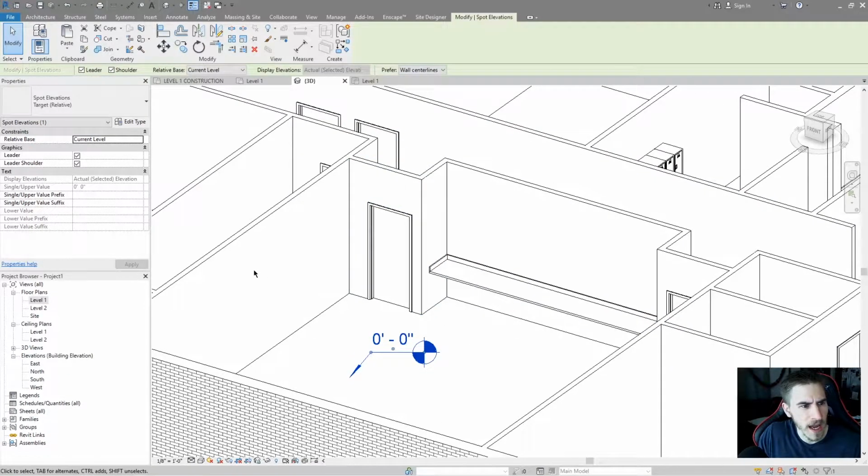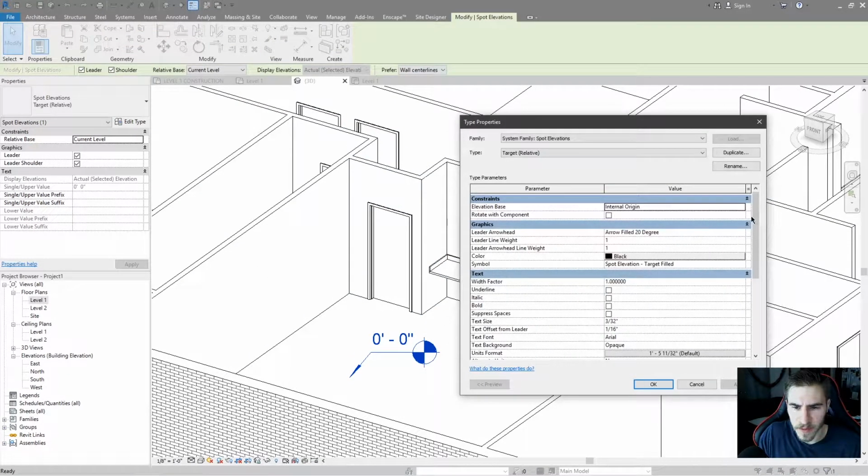So let's look at the type properties real quick of the dimension of the spot elevation. The main thing here to be aware of is that the default will be to project base point. You're typically going to want to keep that because it's a spot elevation. You're trying to elevate from a specific point, and generally you've set the project base point as your origin, as where you're starting from. I've seen people start at 0, 0, 0, that's fine, whereas in this project as default